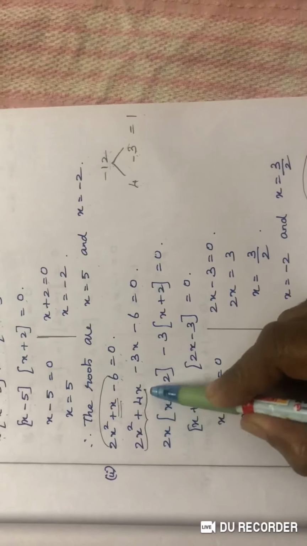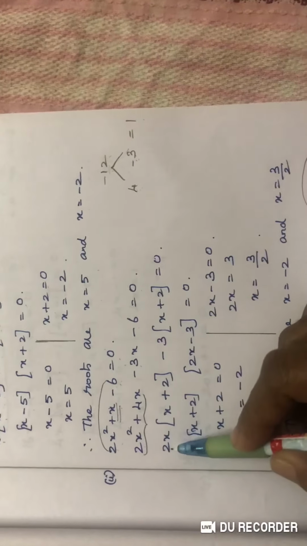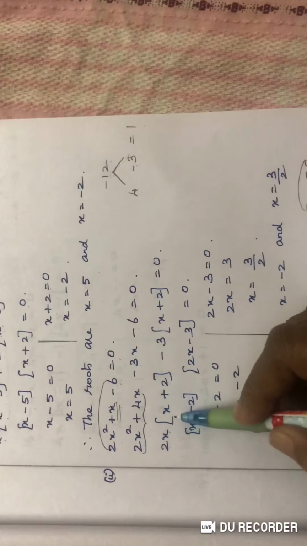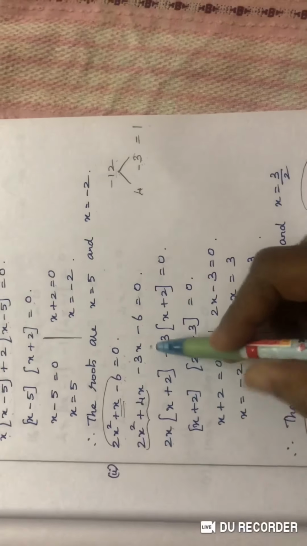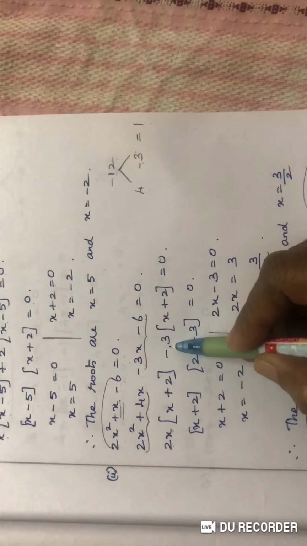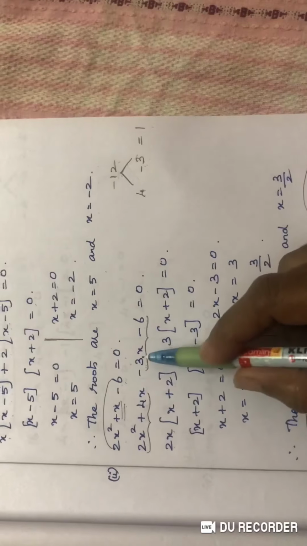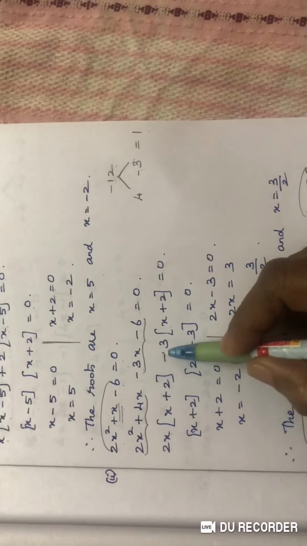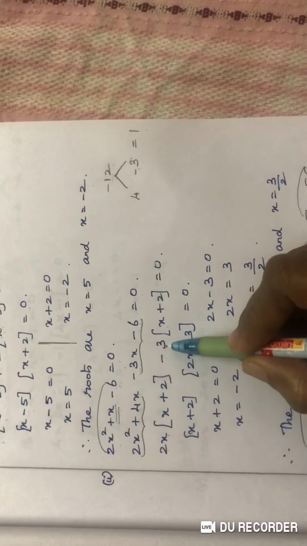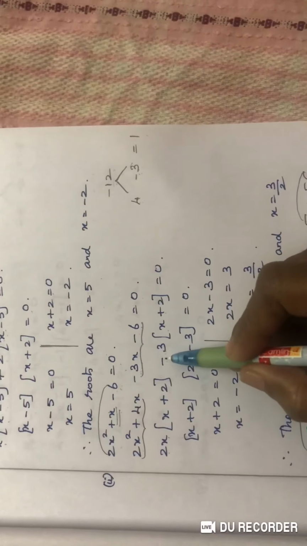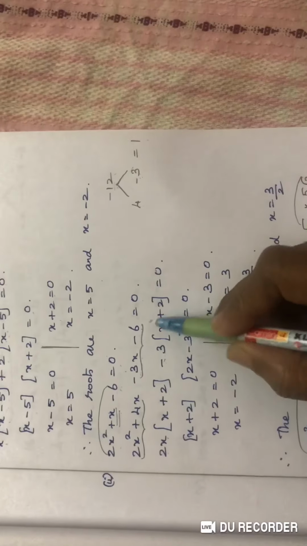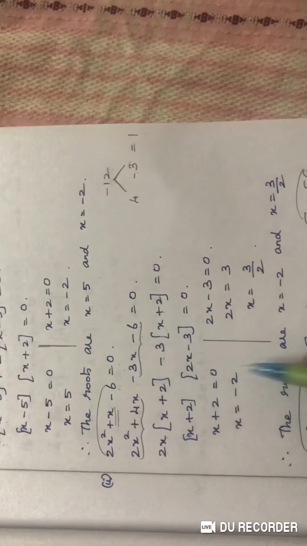From the first two terms, here 2, 4 is there. So, 2 I can take as common. Here x square, x is there, so I can take x as common. So, rest of the terms are x plus 2. Here minus 3 and minus 6 is there. So, I can take minus 3 as common. If I am taking minus 3 as common, I will get x. Here minus I have taken as common, so it is plus 2 equal to 0. If you want to recheck, multiply and check whether you are getting this term. That is minus 3 into x will give you minus 3x. Minus 3 into plus 2 will give you minus 6, for verification purpose.